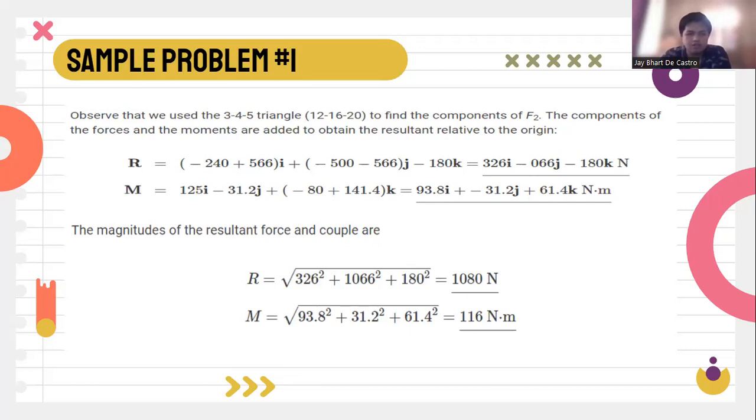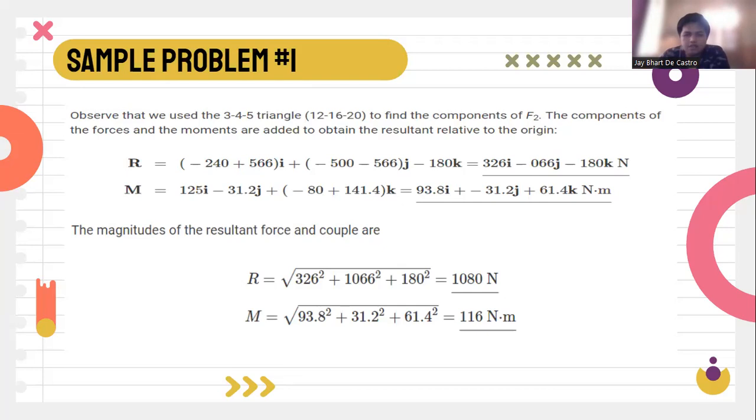R is equal to negative 240 plus 566 plus negative 500 minus 566 minus 180, which is equal to 326 i minus 0.766 j minus 180 k Newtons, and M is equal to 125 i minus 32 j plus the negative 80 plus 141.4 k. It is equivalent to